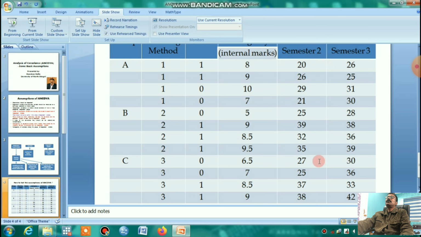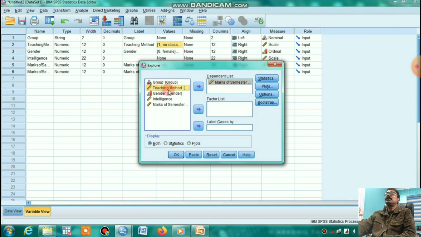How should we proceed? Go to Analyze, go to Descriptive Statistics, go to Explore. Now the dependent variable list is marks obtained in semester 2. The factor list, factor means teaching method.